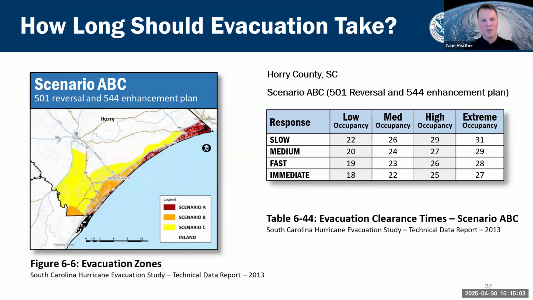On this table, you've got the different response rates and you've got different occupancy. Occupancy can also be read as seasonal population, but there are also additional variables that can be included in these tables in the analysis itself. Things like traffic control mechanisms, contraflow, emergency shoulder use, and also the percentage of the evacuated population. So not just assuming 100% of the population will evacuate, but rather, based off the behavioral analysis, you can fine tune that to what you expect to evacuate within that risk area. On the left, you've got a map that helps identify the different scenarios as well as the different jurisdictions that are connected to the clearance times on the right.